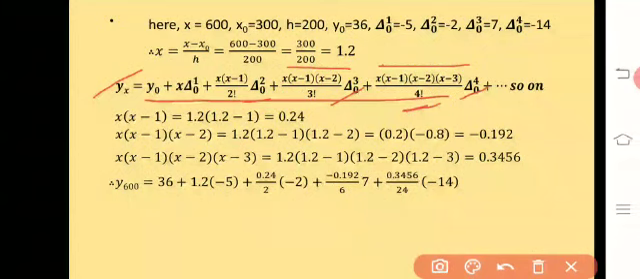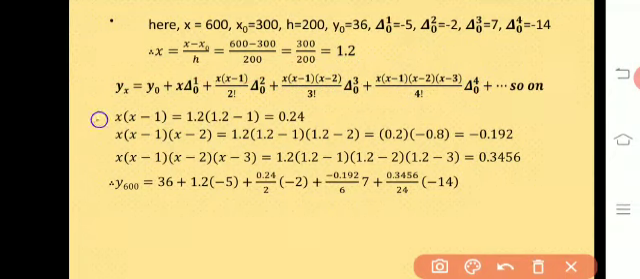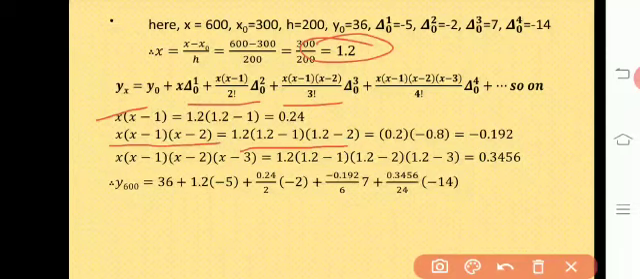Now here x into (x minus 1), x into (x minus 1) (x minus 2), all these values we will estimate. Now x into (x minus 1): here x is equal to 1.2, so 1.2 into (1.2 minus 1). Simplify further, you will get 0.24. Then x into (x minus 1) (x minus 2), that is 1.2 into (1.2 minus 1) into (1.2 minus 2). Simplify further, you will get this as minus